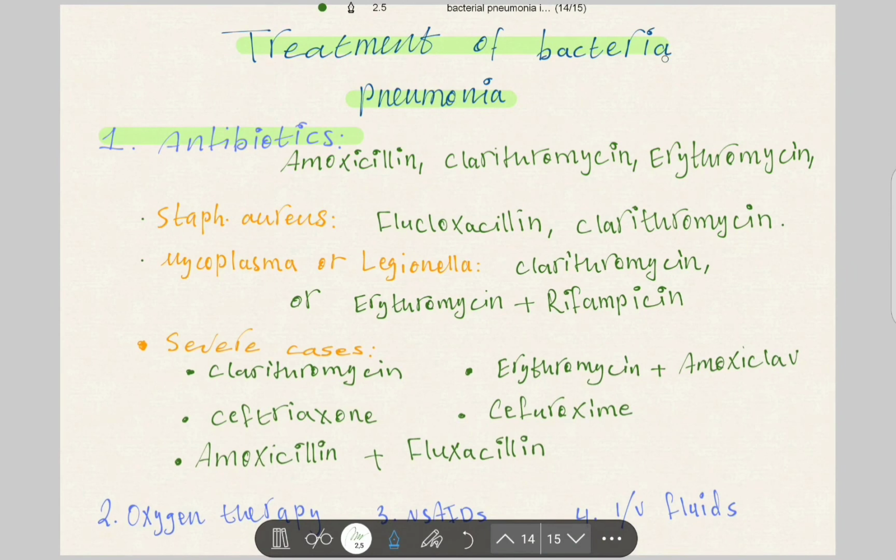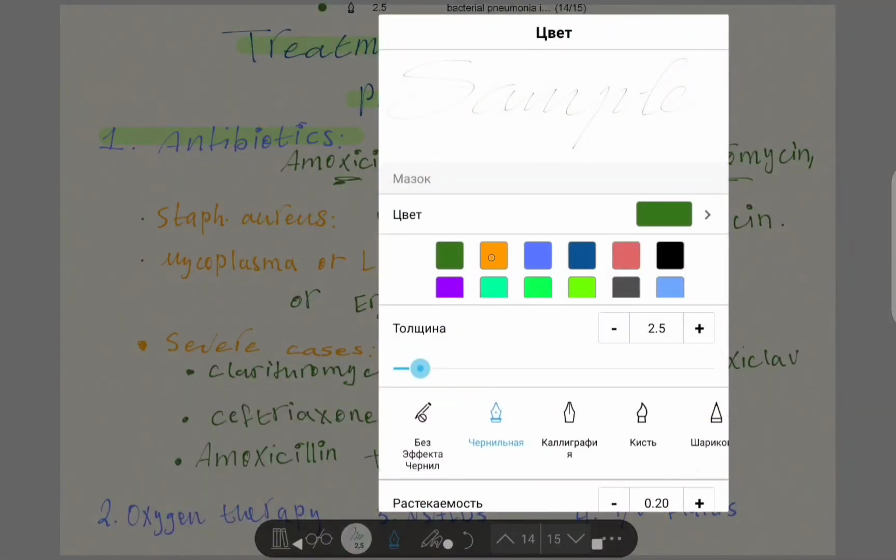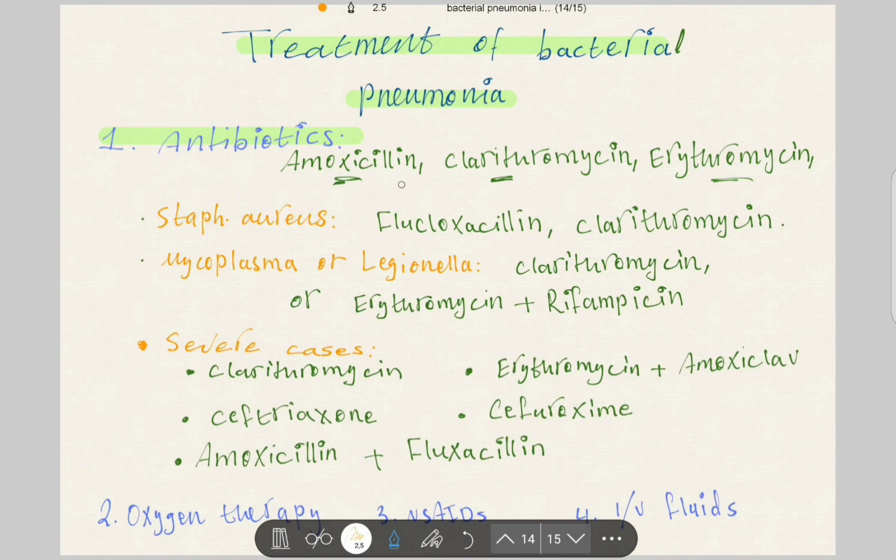So treatment of bacterial pneumonia. Here I prepared only the treatment for bacterial pneumonia. So as etiological treatment, we should use antibiotics. It is preferred to use 2 antibiotics to treat pneumonia, as we will see in the following. So there is amoxicillin, clarithromycin, erythromycin. So let me change the color. So amoxicillin, clarithromycin, erythromycin. And for Staphylococcus aureus, we use flucloxacillin,